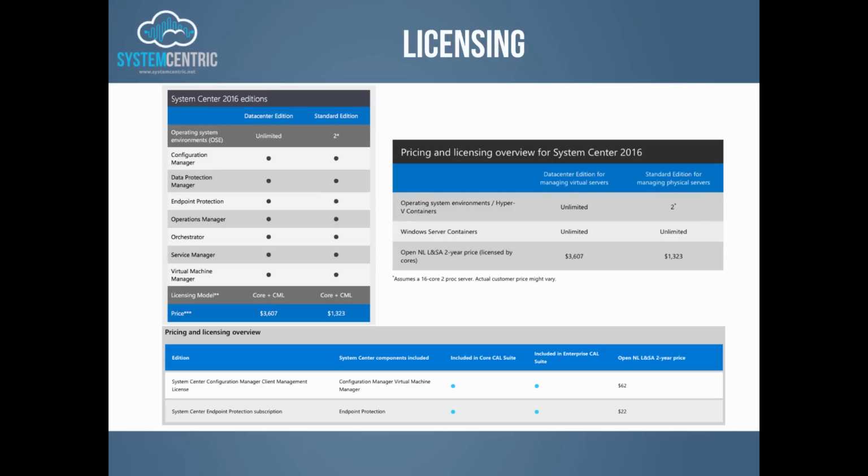So licensing for 2016, it's changed since the 2012 edition. It's purchased as parts of the System Center suites. You can't just buy SCCM, you have to buy the whole lot. It comes in two primary editions, Data Center Edition and Standard Edition. Now with System Center 2012, you used to have to buy a minimum of 2 CPU licenses, so 2 sockets. With Data Center, if you bought 2 CPUs, then you could run an unlimited number of operating system environments, OSEs,